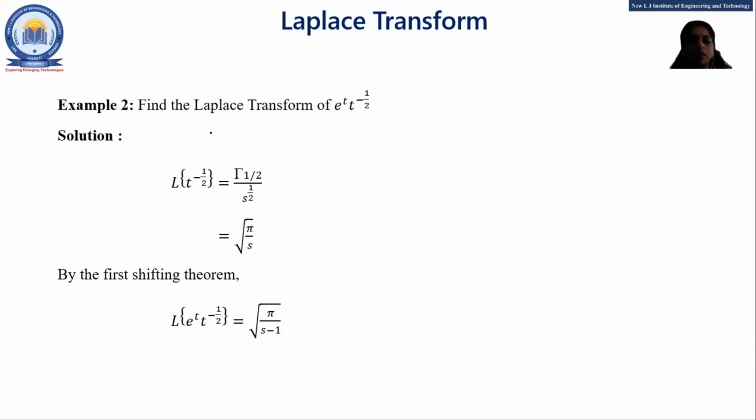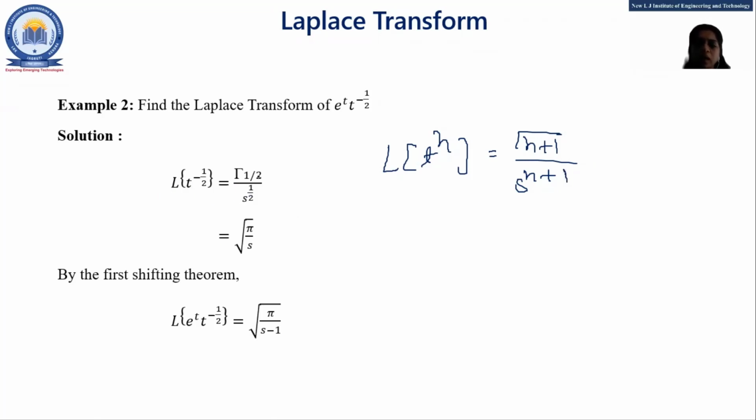Find the Laplace transform of e raised to t times t raised to minus 1/2. Students, here Laplace of t raised to minus 1/2. As our power of t is a fraction, we apply the gamma formula, Laplace of t raised to n is gamma n plus 1 upon s raised to n plus 1, right? What is n here? N is minus 1/2. So minus 1/2 plus 1 gives gamma 1/2, and in the denominator, minus 1/2 plus 1 is again 1/2, so s raised to 1/2. And as you all know, gamma 1/2 is what? Root pi, right? So our numerator is root pi and the denominator is root s, so we may write square root of pi by s.